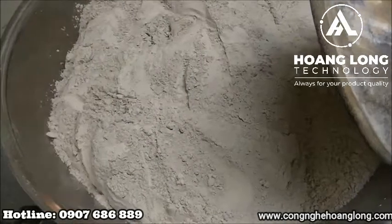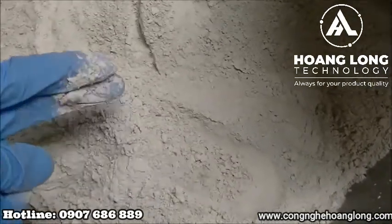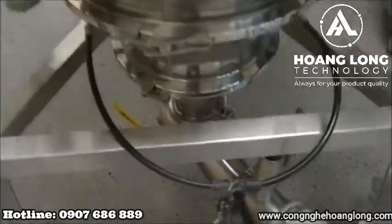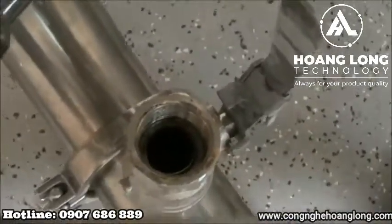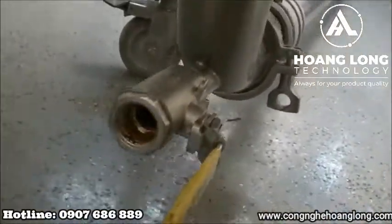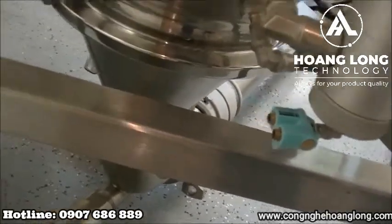So here we have our product here in the feed station. Calcium carbonate. It does have a very high angle of repose. Below the feed station, we have a feed adapter. In the feed adapter are two aspiration valves. The front aspiration valve is currently set to fully open, as well as the rear aspiration valve. What this will do is allow as much carrier air as possible and convey the product in dilute phase as